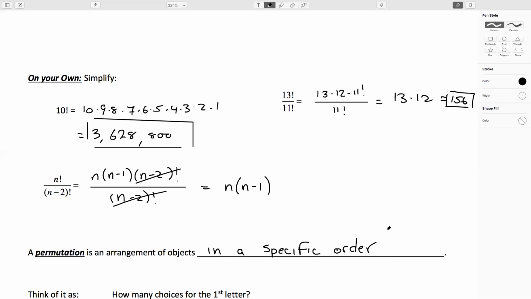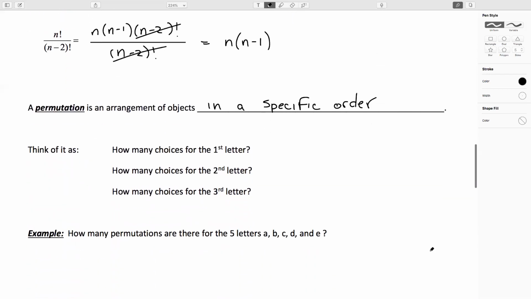So for example, words are permutations. The word book, B-O-O-K, is only the word book if it's written in that order. If you change it into O-O-K-B, it's now not the same word, so it's a different permutation of the letters. We will find that sometimes the order makes a difference, and sometimes the order doesn't make a difference, depending on what we're talking about. So when we're doing permutations, for example, let's think about permutations of the letters A, B,